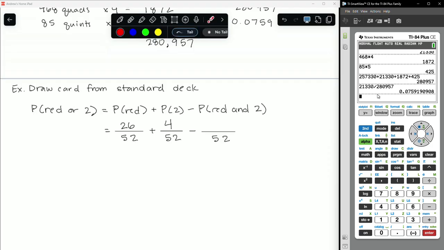And in those countings, I counted the 2 of diamonds and hearts here, and the 2 of diamonds and hearts here. So I need to subtract off those 2 red 2s that got double counted. So 26 plus 4 is 30, minus 2 is going to be 28 out of 52,